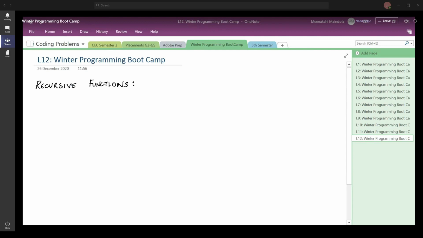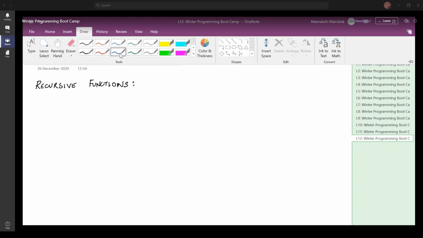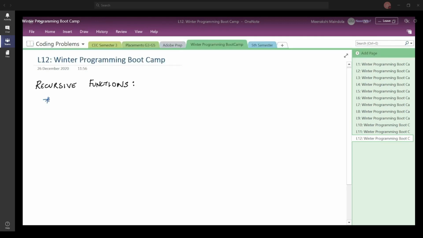Okay. So we were talking about recursive functions, and I had asked what recursive functions are. Some of you have given the answers. You are saying that a function which calls itself, recursion is based on the divide and conquer approach. When a function calls itself again and again, a function that calls itself considering the base case, correct. A function calling itself until the base condition is reached. Yes, so you are correct about it. Let us move ahead and understand this.